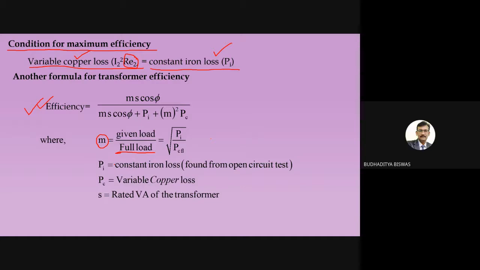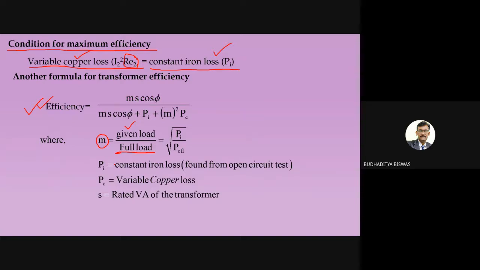Okay, full potential. So in electrical engineering, load generally means the current. How much load there is, is decided by the current. The current is maximum when it is short circuited. Remember two quantities: the voltage is maximum when it is open circuit, and the current is maximum when it is short circuit. So full load means when the transformer secondary is short circuited, and given load means the load connected on the secondary side. Full load means always the short circuit.